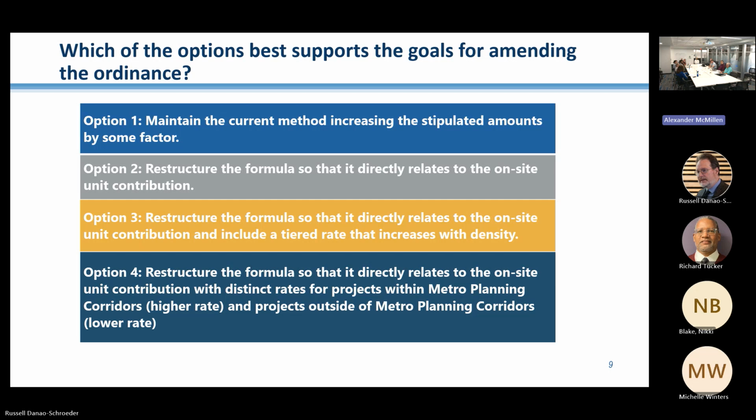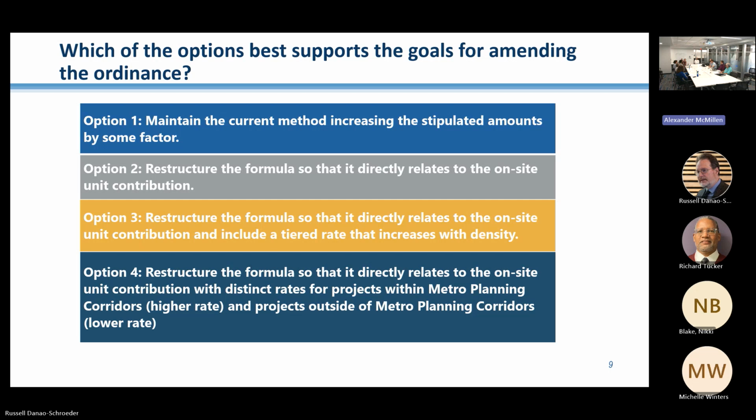I think 2 and 3 are kind of where we should be. And if you could model the difference between 2 and 3 so that there might be a tiered rate that does something relative to density. But also then I think we have to throw in the bonus question.